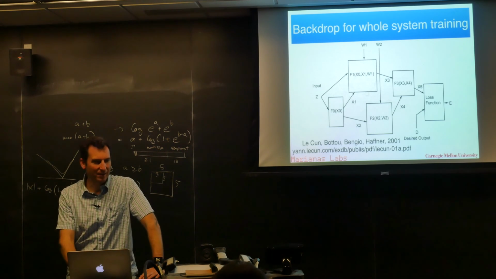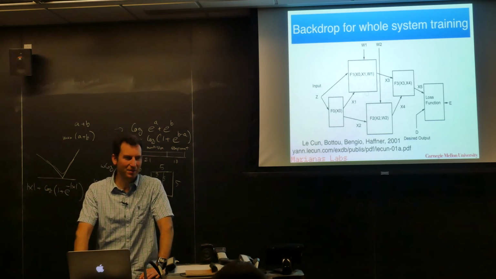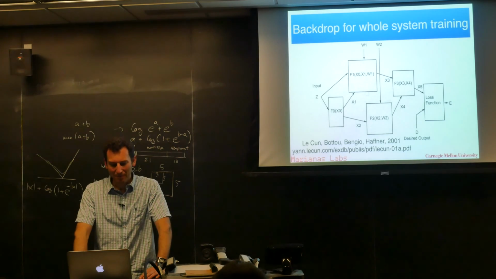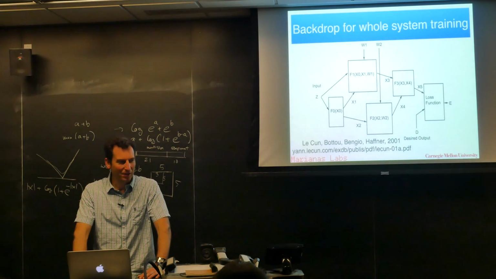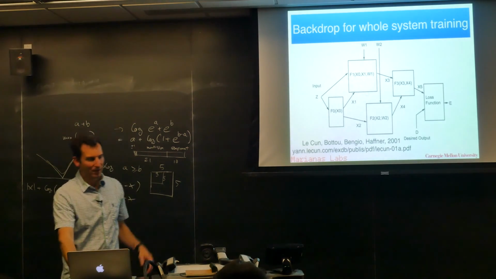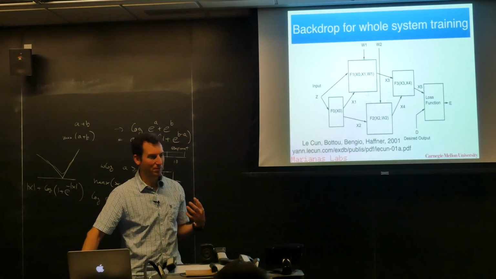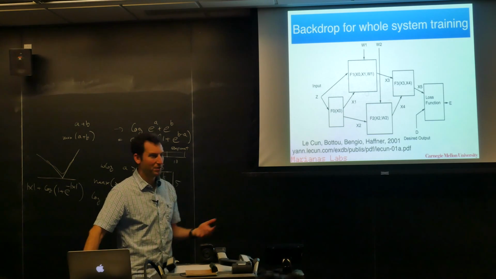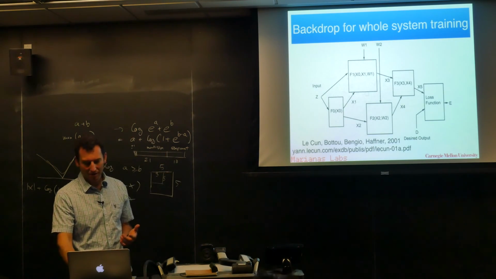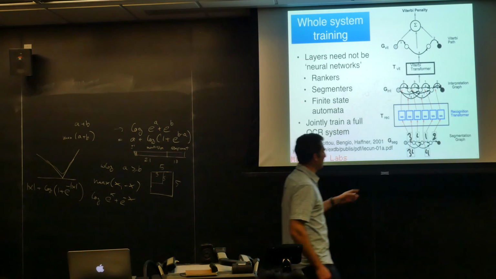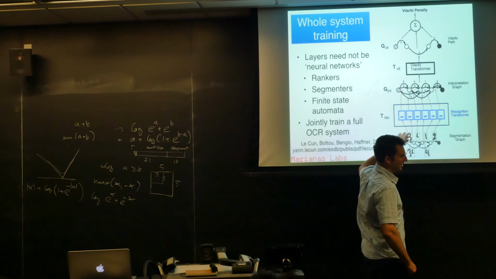The last thing is that deep learning by now is essentially a moniker for pretty much everything that's nonlinear and non-convex. So the obvious thing is that what you really want to do is whole system training. So if you have a large system where you have separate operations, then training the whole system will considerably improve performance. So case in point was actually a system that was built in the 90s at AT&T,